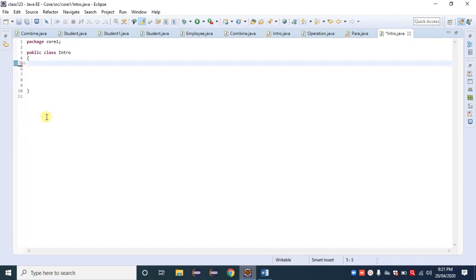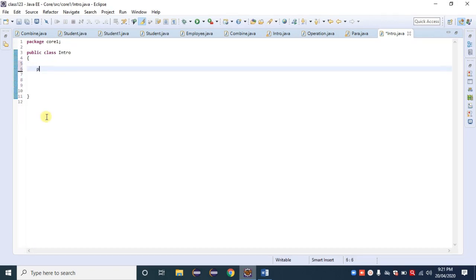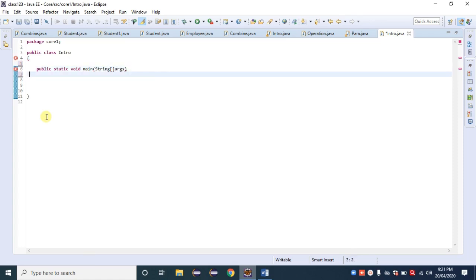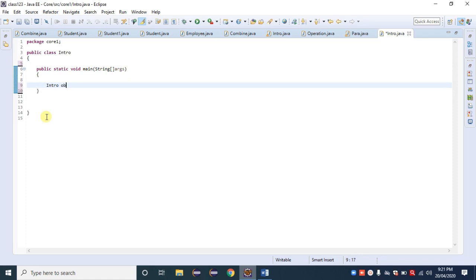And if that is not available, and I am creating an object for that class, public static void main, String array args. I am creating an object for the Intro class. Intro obj is equal to new Intro. And suppose here some code is available.